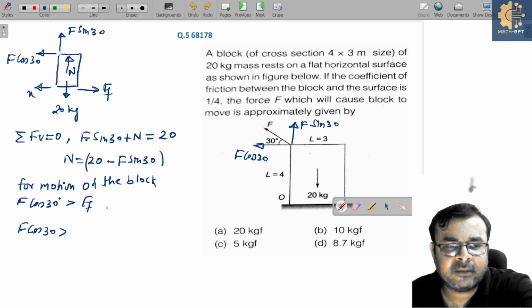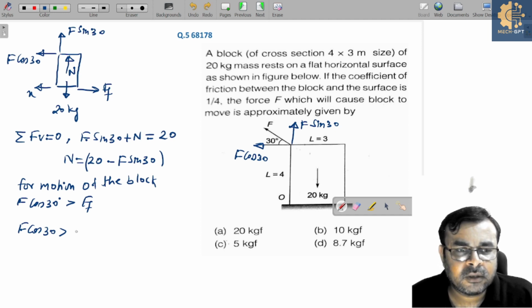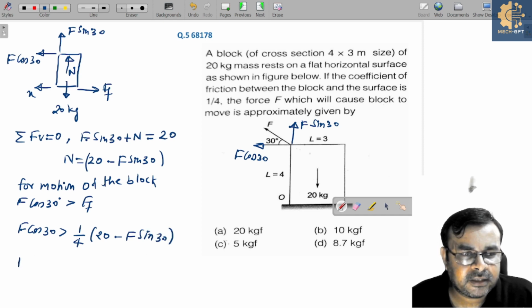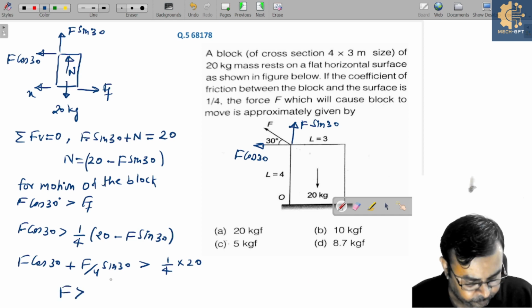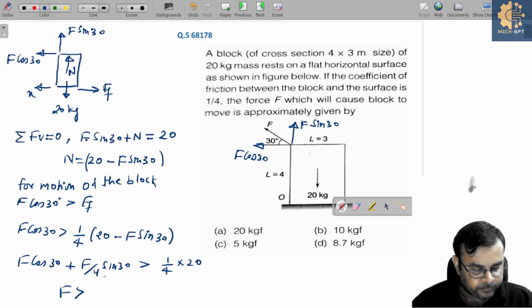This friction force is nothing but mu, which is 1 by 4, times N, and N is also given, that is 20 minus F sin 30. Yes or no? So if you simplify this, then you will get F cos 30 plus F by 4 sin 30 is greater than 1 by 4 into 20. So from this you need to calculate F, and after solving this,